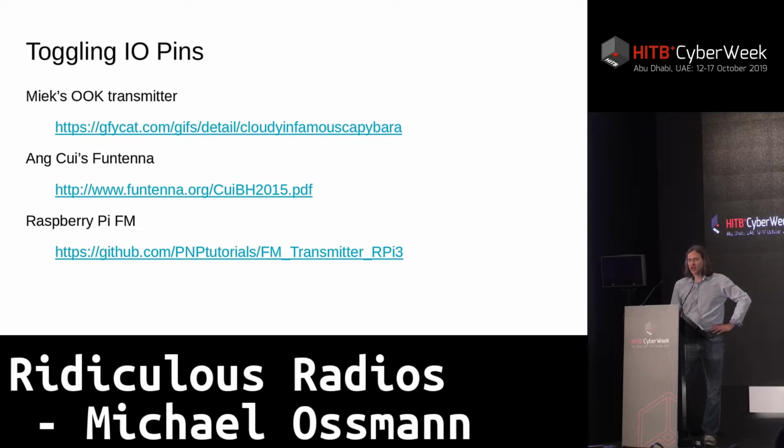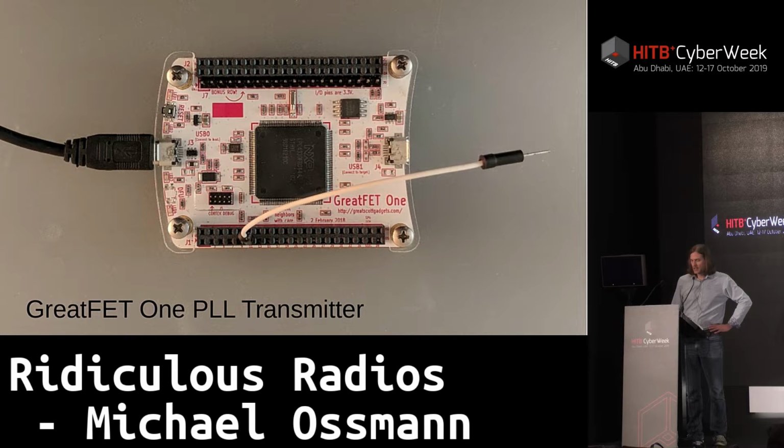And perhaps the most famous one is Pi FM, the Raspberry Pi FM transmitter that was implemented in a similar way to what I'm about to show you, by using the clock generator that's built into the Raspberry Pi's CPU. Now, one thing that we did here was we made an even simpler circuit than the previous one. In this case, we have no components whatsoever except for an antenna. So again, we use the tried and true technique of reaching into the drawer and pulling out the first wire that we found, plugging it in to the GreatFET on the pin that we expect to be toggling up and